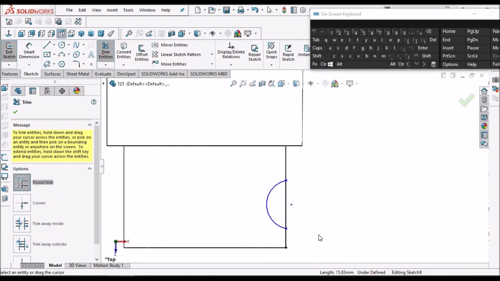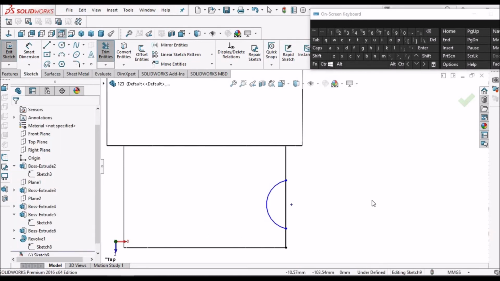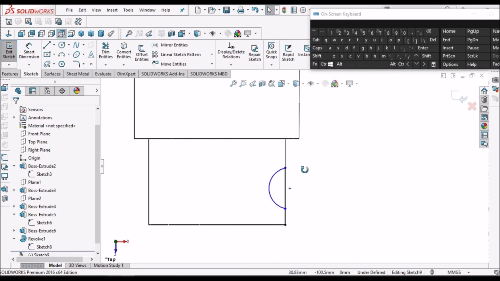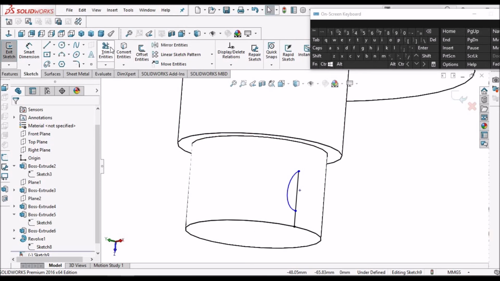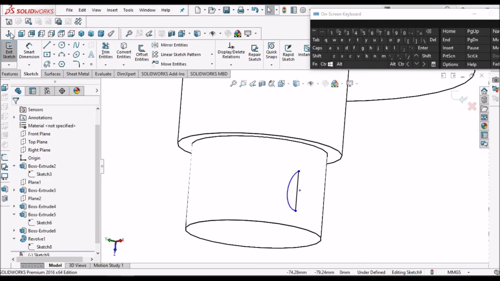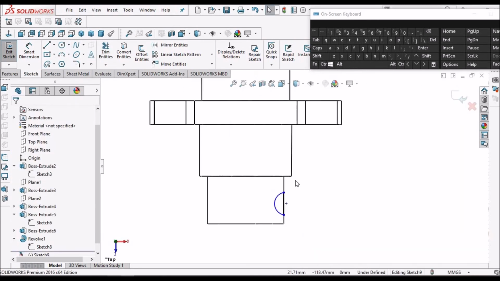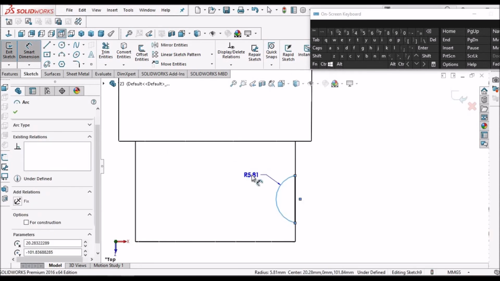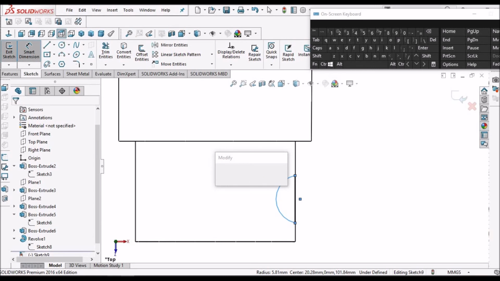Go to power trim and simply OK. Keep it normal. Keep it 5.